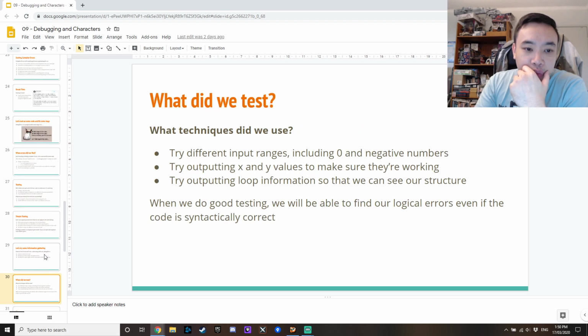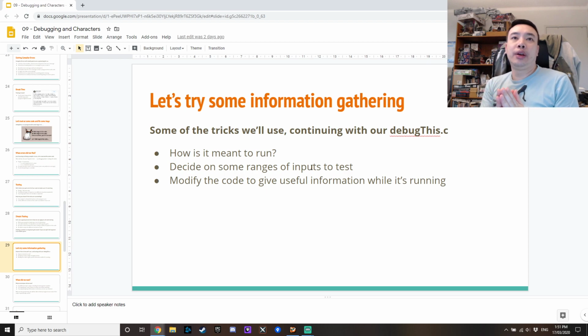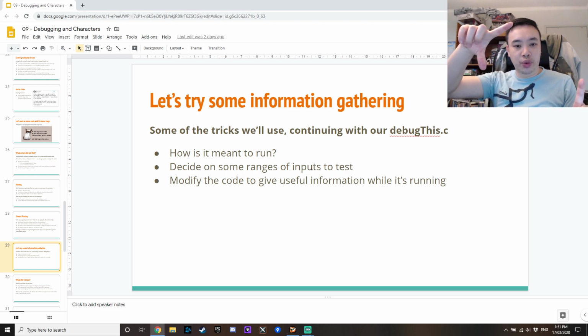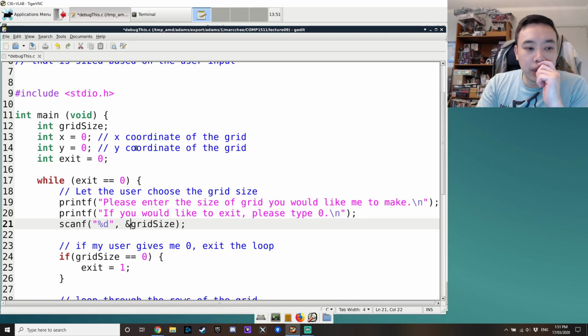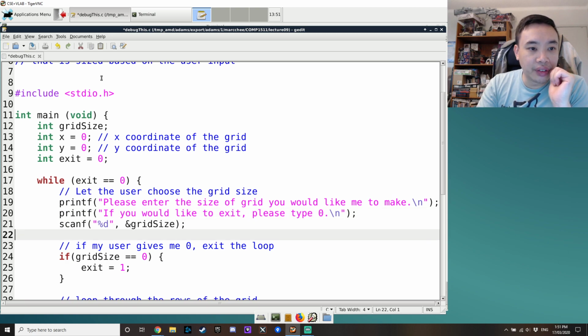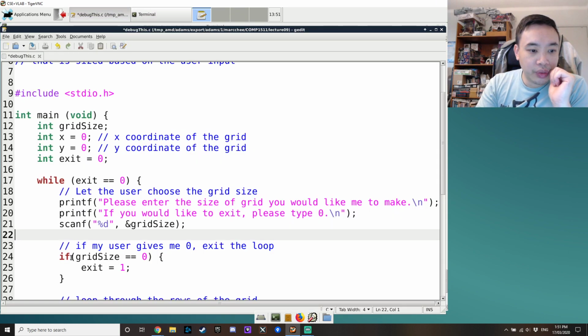I'm just trying to think what I had in my slides here. Alright. We know how it's meant to run. It's meant to print out a square of things. We know at the moment it is not printing out a square. So let's try to get some information for what's happening. We know that the program got as far as here, because it did the scanf. It definitely did. Please enter, and then we put something in, and then it stopped after that, which means